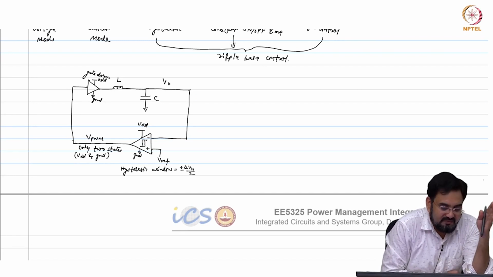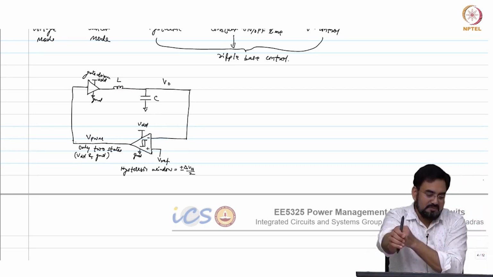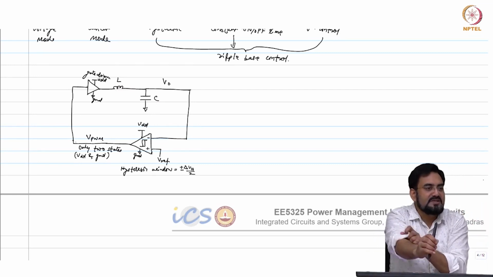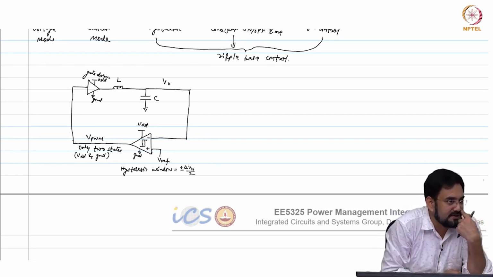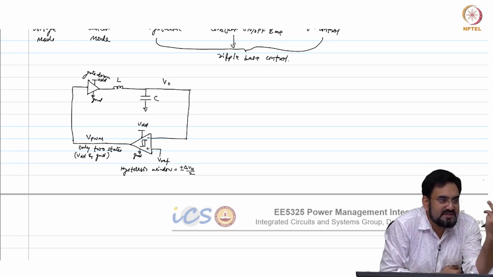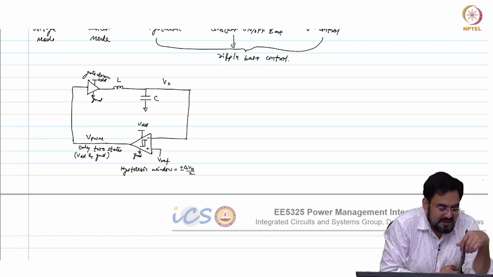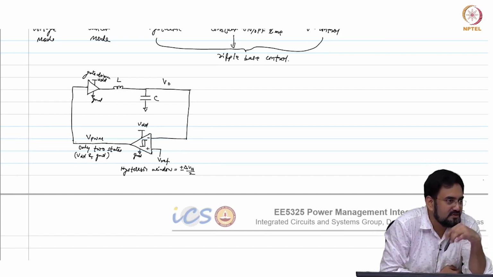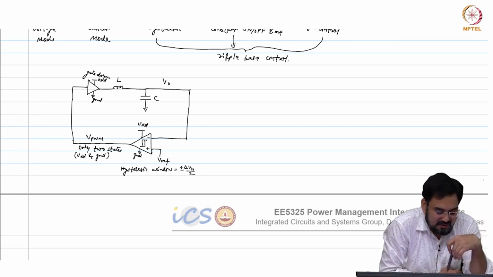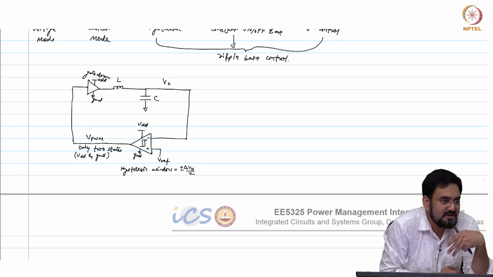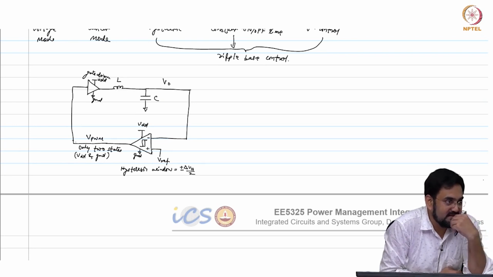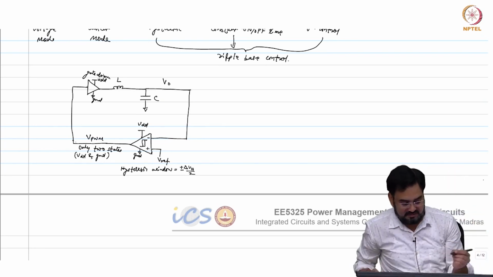Where you actually apply the load may make a big difference in your transient response because of the sampling delay. And then once you compensate, you are limiting the bandwidth to 1/10 of your switching frequency. So there are two things which are limiting your transient response. One is your bandwidth, the other is your delay in the PWM modulator. So the PWM modulator is gone here, so that delay is completely removed. Now the comparator can react instantaneously. So there is no bandwidth limitation as such.